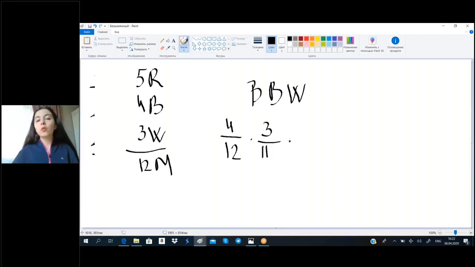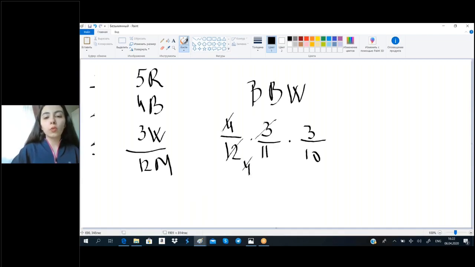Multiply by, now we want to choose white. It's 3/, but we had 12 marbles, but 2 of them are already chosen, so we have 10 marbles here. 3 and 12 will cancel out. 4 and 4 will cancel out. We will get